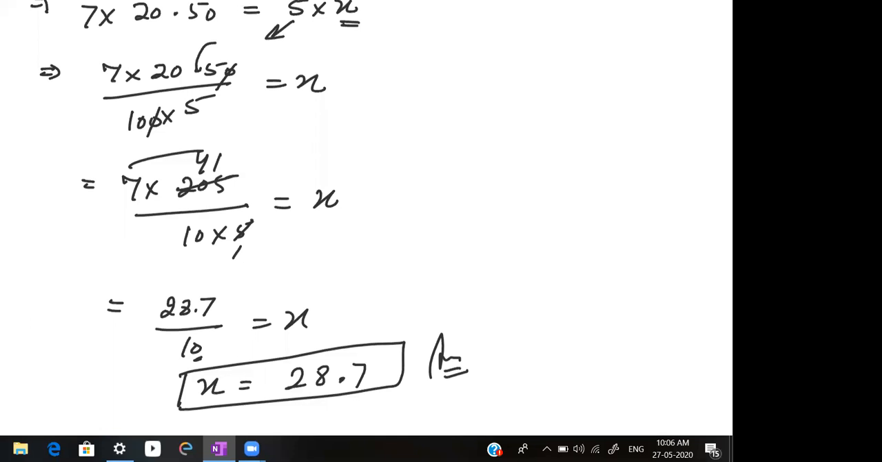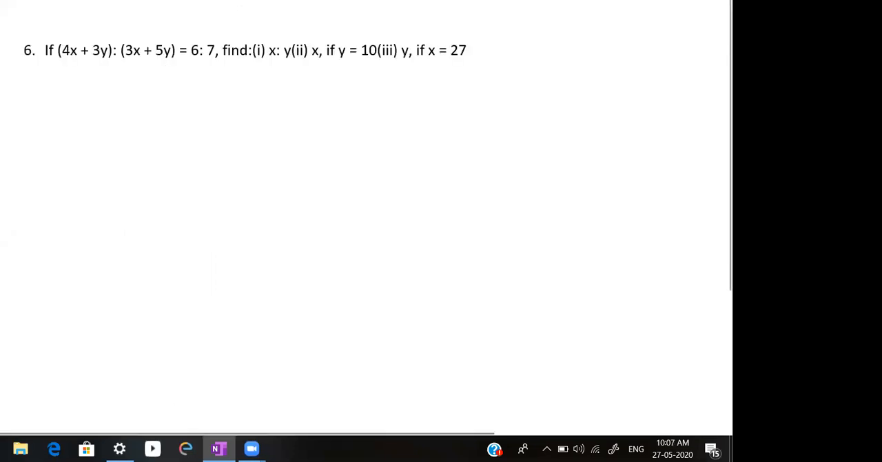This was question 5. Now question 6. If 4x plus 3y ratio 3x plus 5y is equal to ratio 6 ratio 7. So you can simply